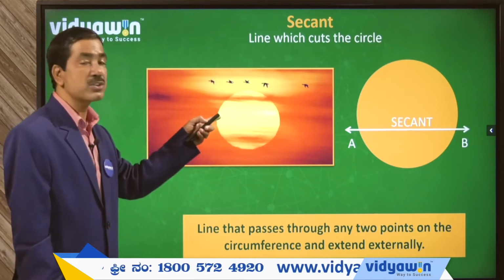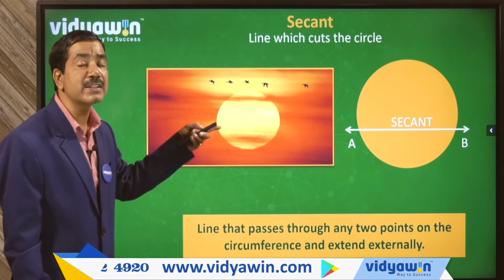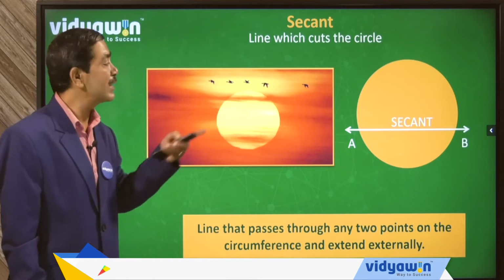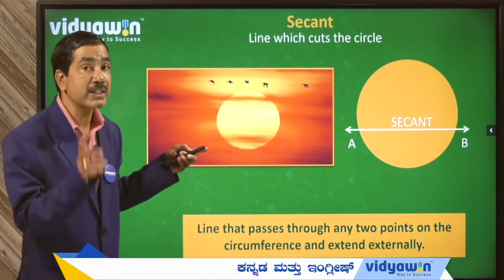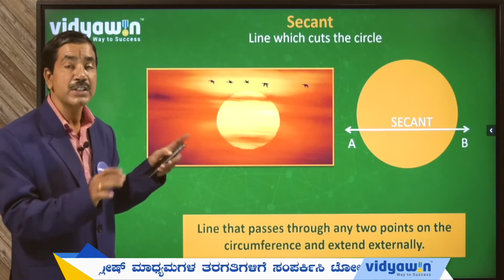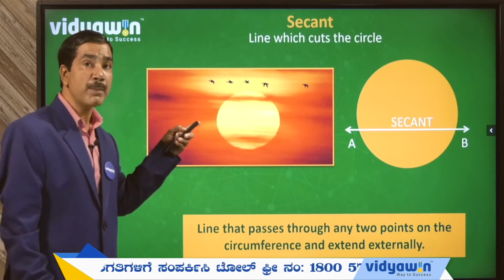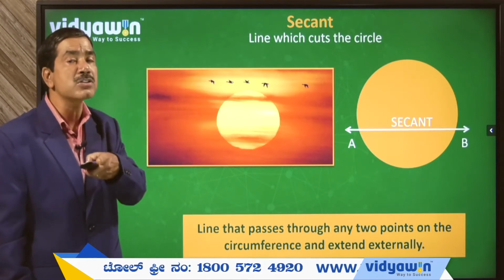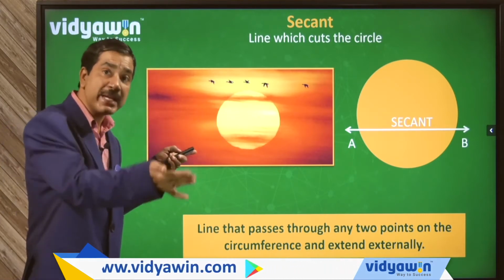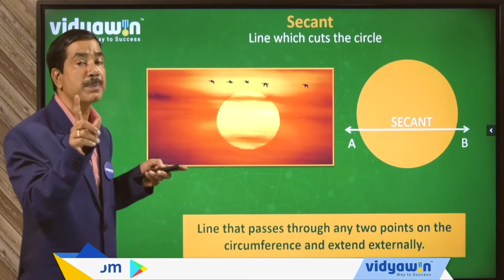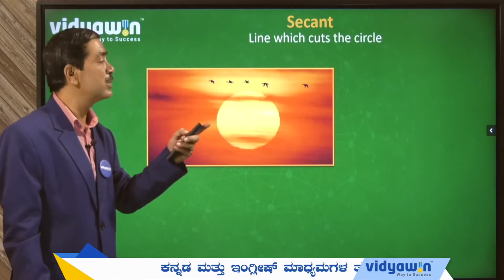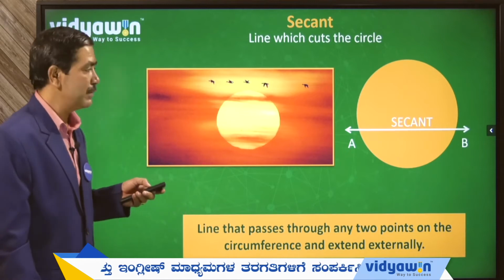So for the natural situation, in this case we have taken a diagram of the sun. The sun appears from a long distance like a disc or a circle. But actually what shape is it? It is a 3D object. You are all familiar, it is a spherical shape. But from a long distance it appears like a circle or a disc. Because of how it appears, this diagram has been taken. Actually it is a 3D object, whereas what we are talking about is a 2D object. Okay, so don't panic.